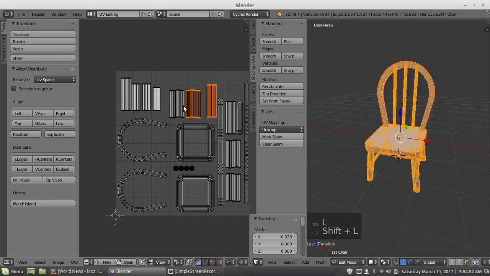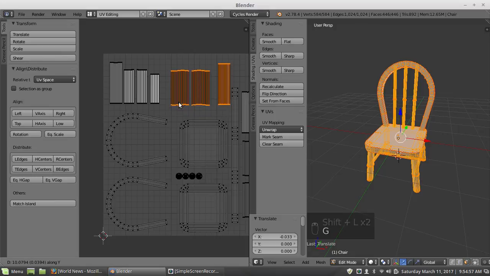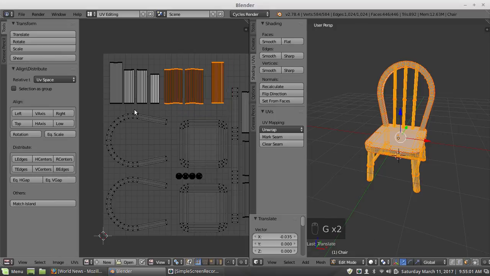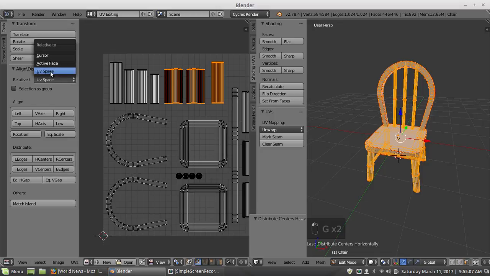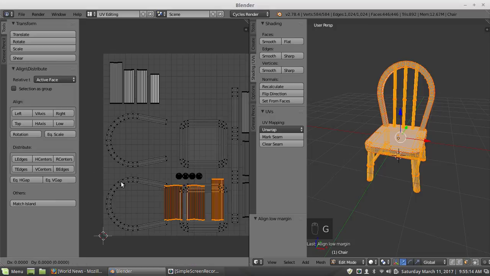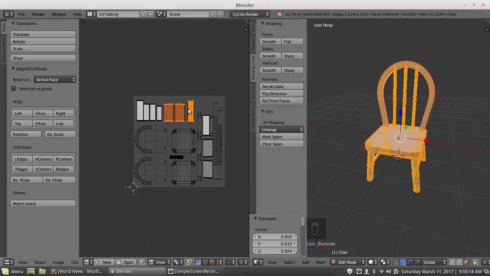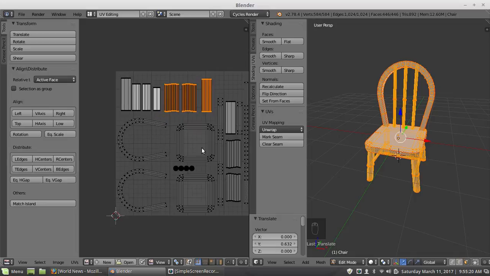No, it takes a little while. This would be faster if I wasn't showing you how to do this. And yeah, that should be good.